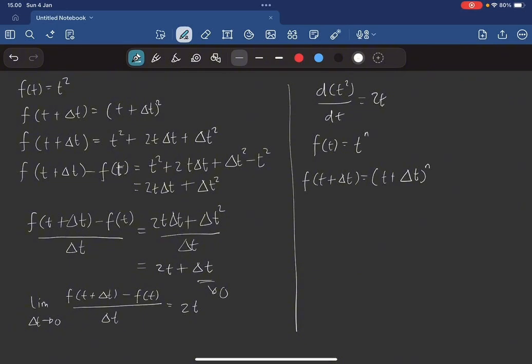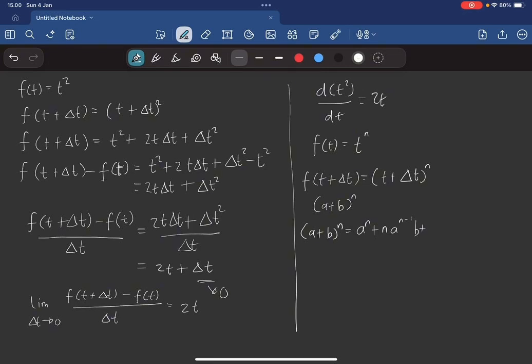Here, high school algebra comes in handy. The result is given by the binomial theorem. Given two numbers a and b, we would like to calculate a plus b to the power of n. The binomial theorem gives (a plus b) to the n equals a to the n plus n a to the n minus 1 b